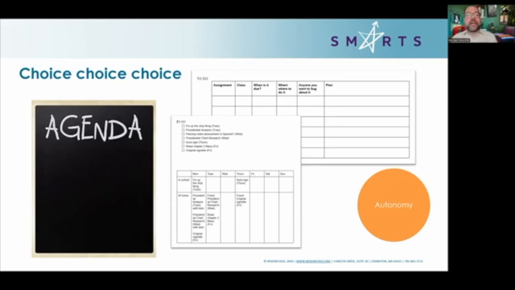But the agenda on the board, that's another one that I really like. In our homeroom, homeroom is pretty tight. There's not a lot of time there. So let's say in a certain homeroom, we need to do our check-in. We need to get ready for an upcoming game that we're leading for the grade. And we need to get ready for our pumpkin carving contest. So I'll put those things on the board, but I won't put them in order. I'll say, wow, we have to get these things done. We need someone to be our leader for the day and decide the order. I need someone to prioritize these for us.